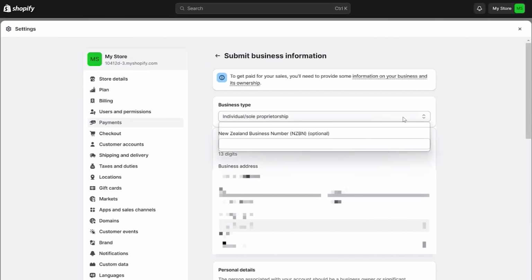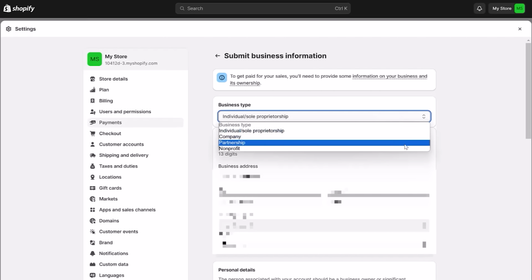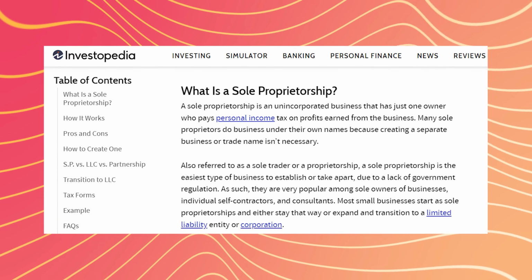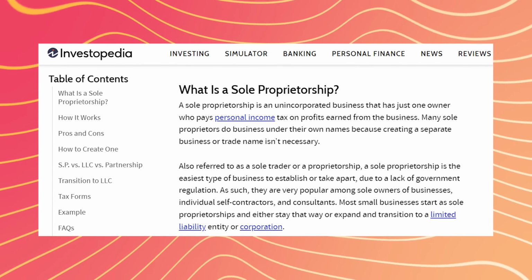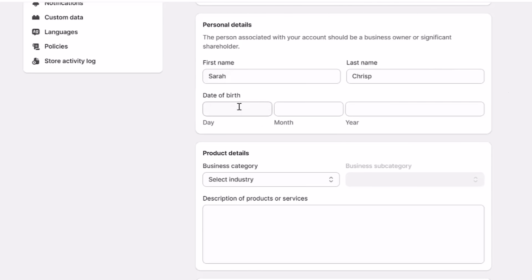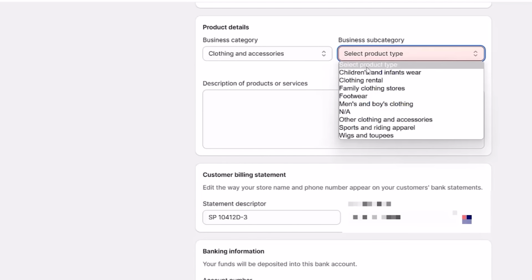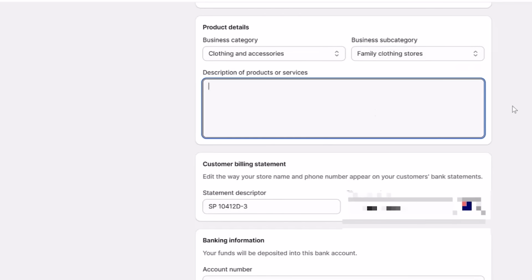Then on the next page, you'll need to select what type of business that you are. For most people watching, you're probably a sole proprietor, otherwise known here in New Zealand as being a sole trader. Next, you'll then need to fill in your date of birth, and you need to just give a quick explanation and disclosure of what types of products you generally sell. This is just to make sure you aren't selling something that is banned. So, for example, not safe for work posters are not allowed to be sold using Shopify Payments due to their